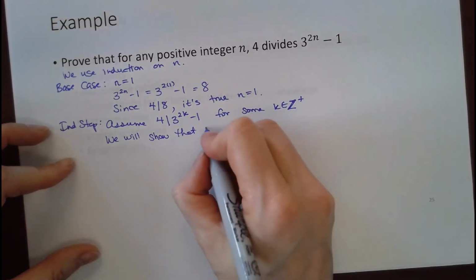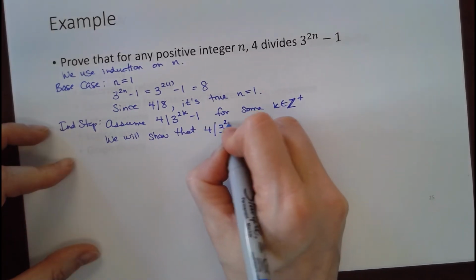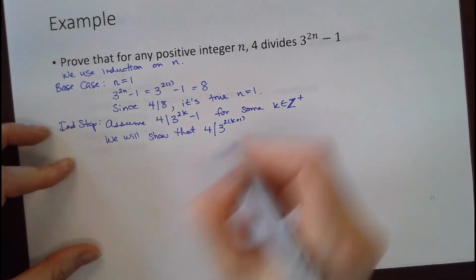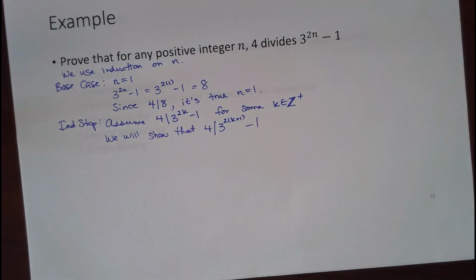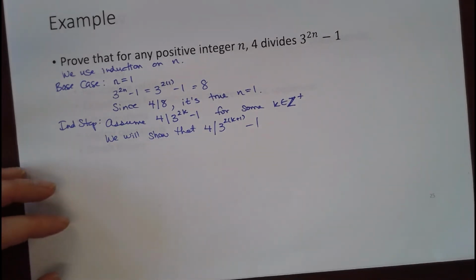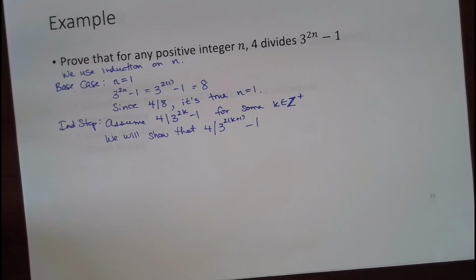So we need to show that 4 divides 3 to the 2 times k plus 1 minus 1. All right, so first of all,